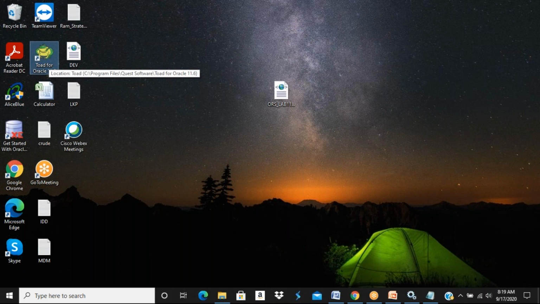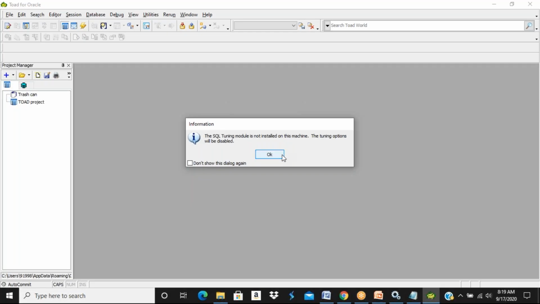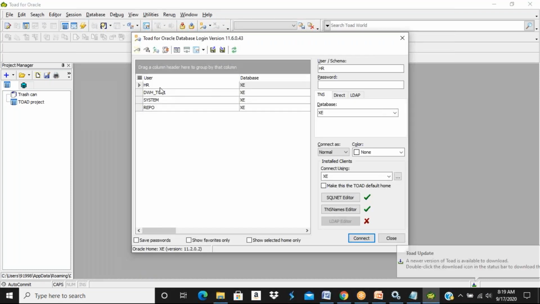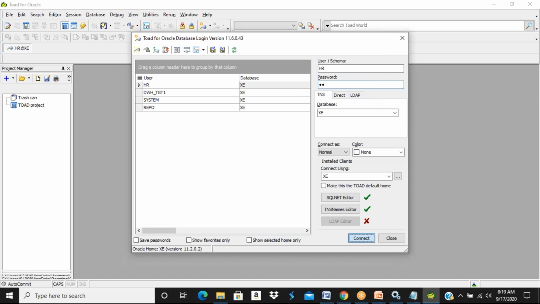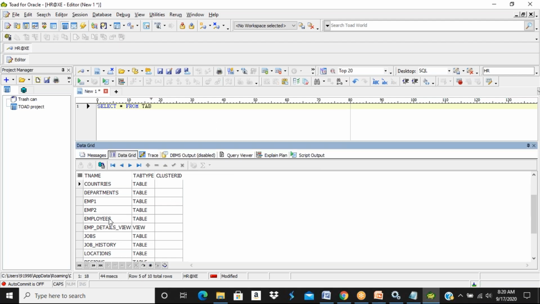As soon as you install the Oracle database, you get the default schema called HR. Toad, I think you know this. It's a GUI tool which accesses the Oracle database. Is it similar to SQL Developer? Perfect, absolutely. You can use either SQL Developer or Toad. If you see here, these are the default tables you get when you install Oracle. Here I'm taking the source as employees.